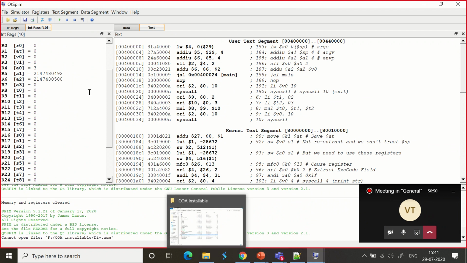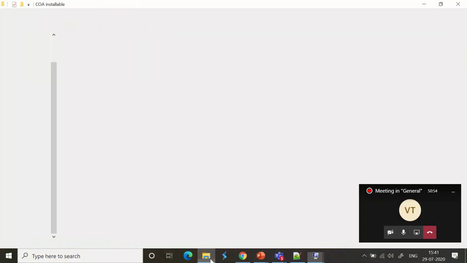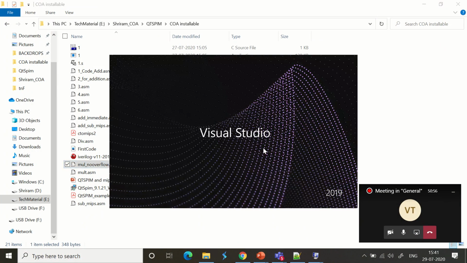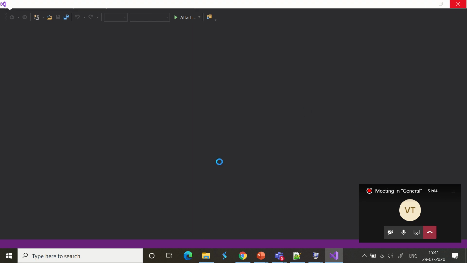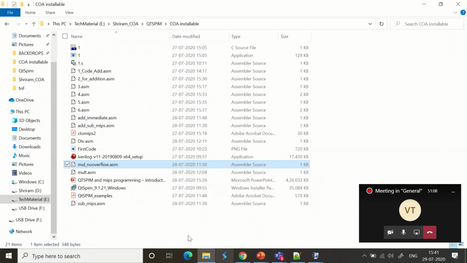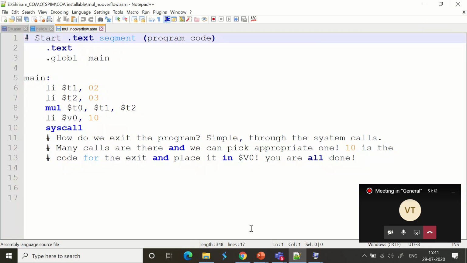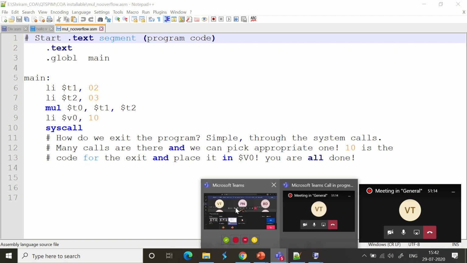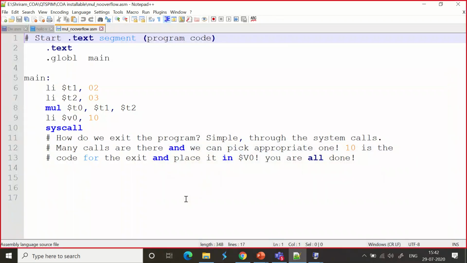The file that I have used, I will show you what it is. I have selected a file called multiplication with no overflow. If you have Visual Studio, all the ASM files can by default be opened with it, but I prefer you to open it with Notepad++, because it is easy to open immediately. I will show you the code that I have written, but I'll explain the code later. I'll just show it so you understand what we have been running.